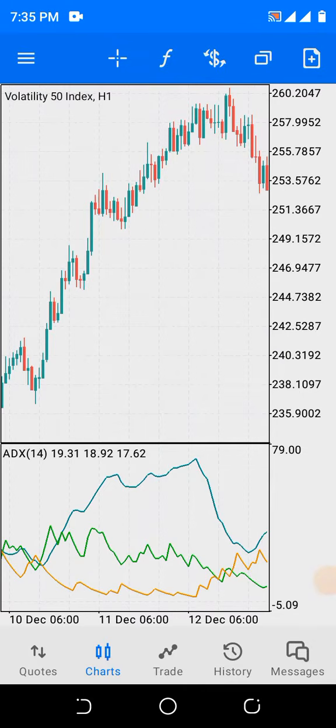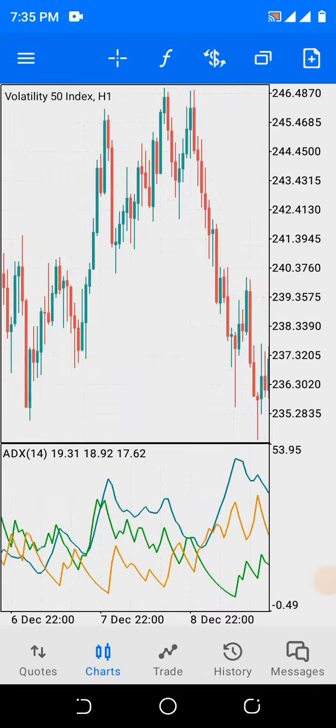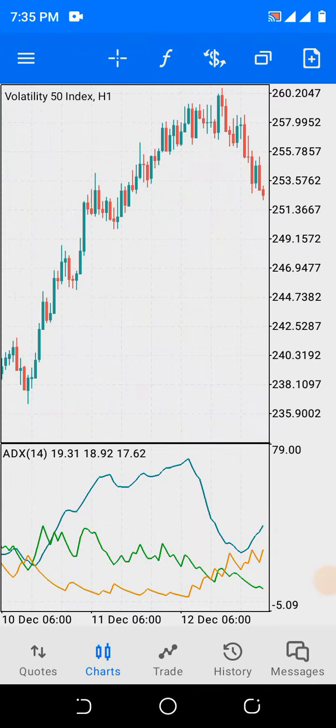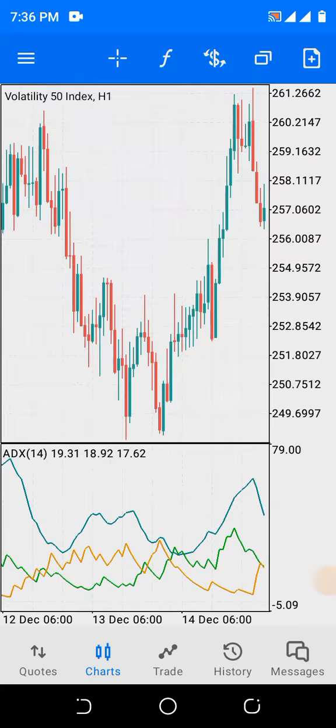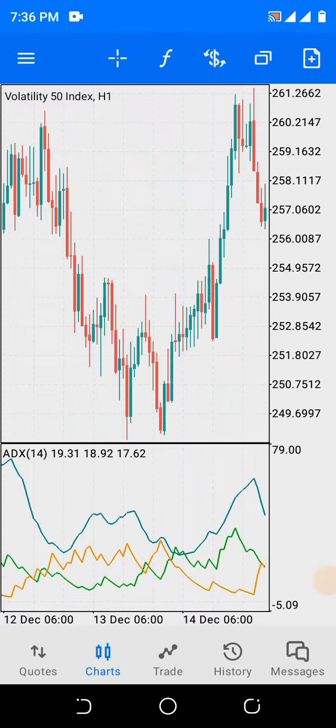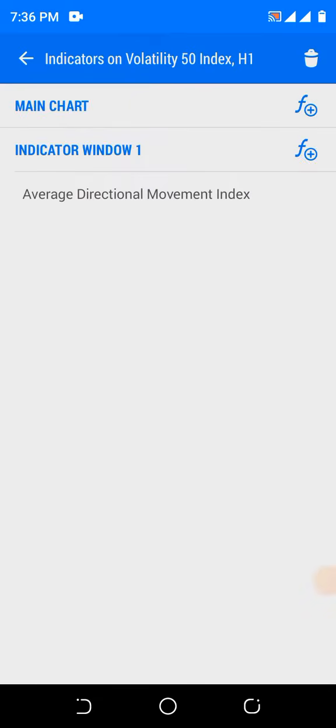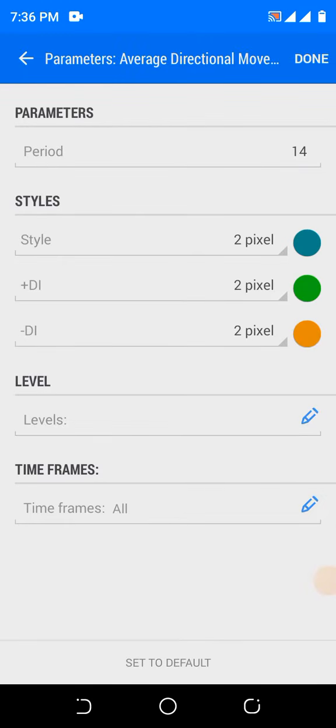So let's refine this indicator so that it will have a good look to enable us make our trade. You go back to the function, hit on the average directional movement index. Now we want to set up the indicator. Pay attention.